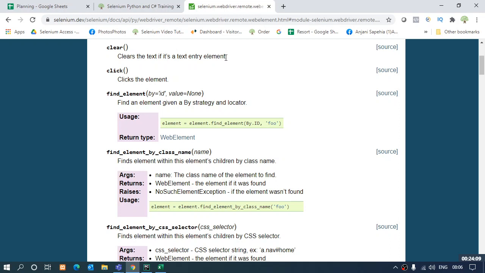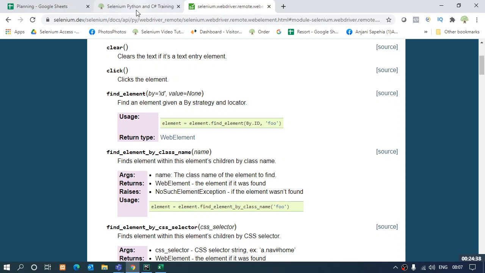One is by what attribute I am going to find this element, whether it's an optional attribute, whether it's a mandatory attribute, which attribute I'm going to use, be it ID, name, class, whichever I have, that I'll pass as the first argument, and second argument will be the value. If I'm using ID, then what's the ID value of that element, that I need to give, right?